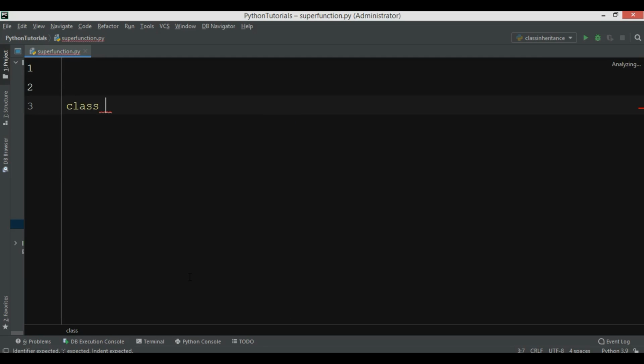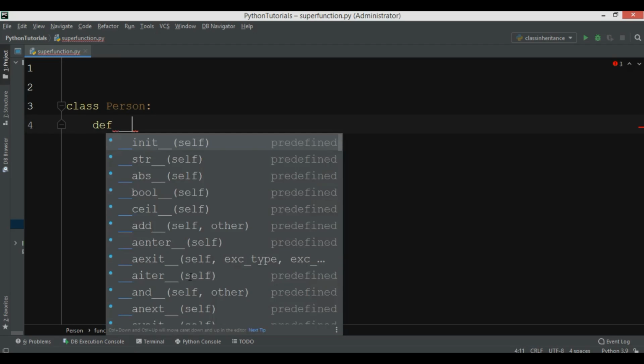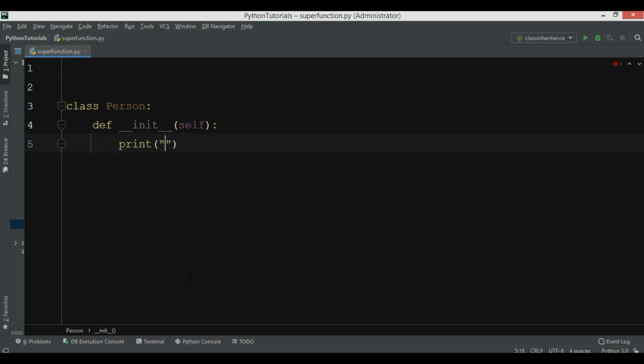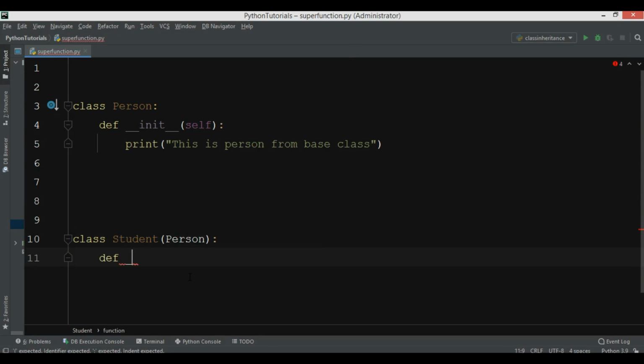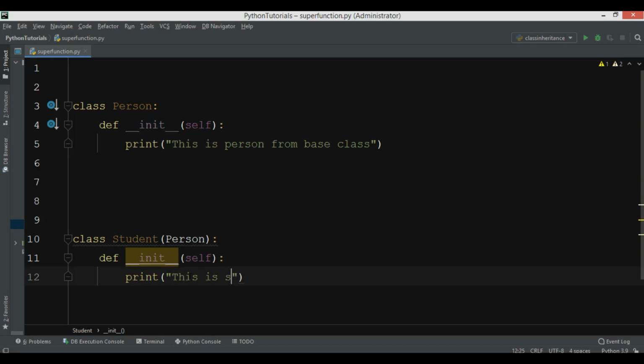For example, I'm going to create a class person. Now in here I'm going to create my init method, and I want to just print this as person base class from base class. I have another class. I'm going to just call it class student. Now this class student extends from the person class, and in here I'm going to call my init method, and I want to just print this is student